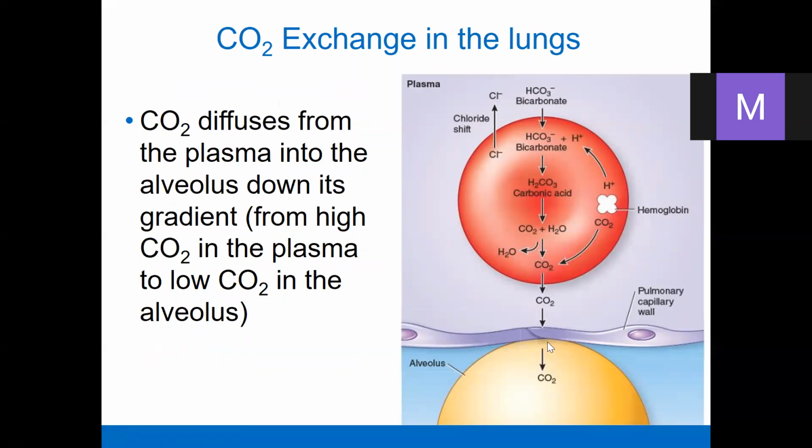The previous one was in the tissue. Now, as you see in the lung, we have high carbon dioxide partial pressure in the pulmonary capillary, in the erythrocytes, but low pressure in the alveoli. That means here the bicarbonate is converted to carbonic acid again, and then the reverse reaction